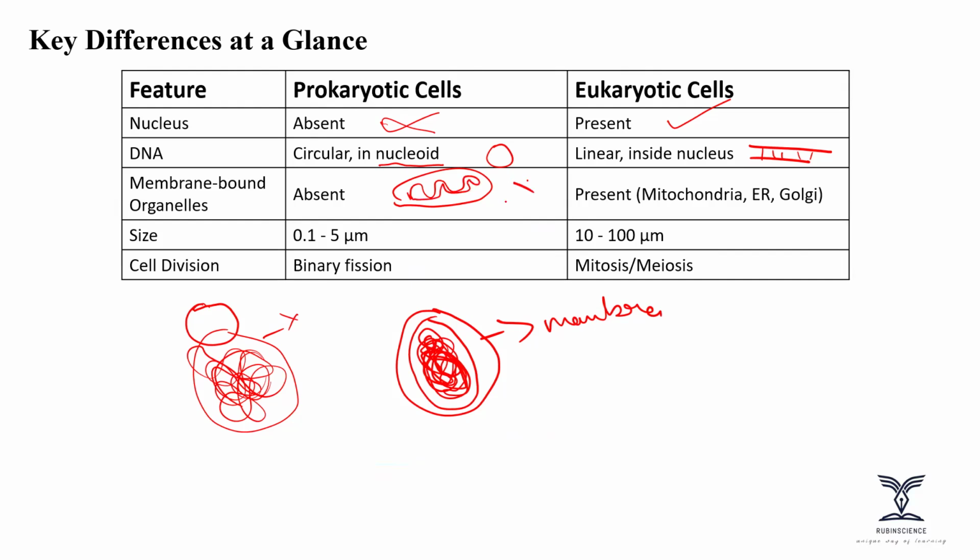Membrane-bound organelles are absent in prokaryotes and present in eukaryotes. The size of prokaryotes is 0.1 to 5 microns, or we can say 0.1 to 10 microns, and eukaryotes come to 10 to 100 micrometers. And the cell division is through binary fission, which means a single cell divides into two identical daughter cells